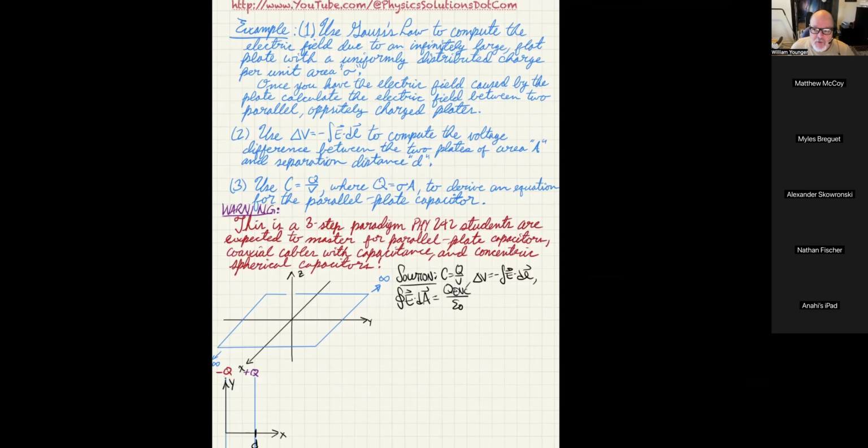By symmetry, it seems obvious that the right one is going to produce a y component that is exactly equal in magnitude but opposite in direction to the y component for the left one. So that tells us we do not expect the electric field to have any y component. If you then considered three charges along the x-axis, a middle, a back one, and a front one, the same arguments would allow you to conclude that there's no x component to the electric field either, and therefore my hypothesis that I use